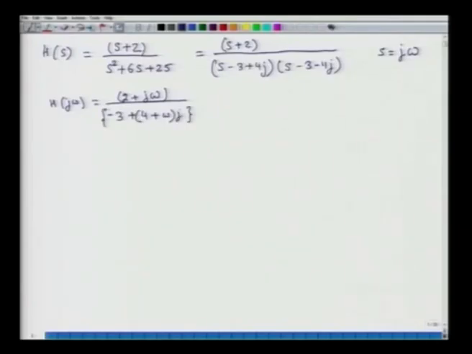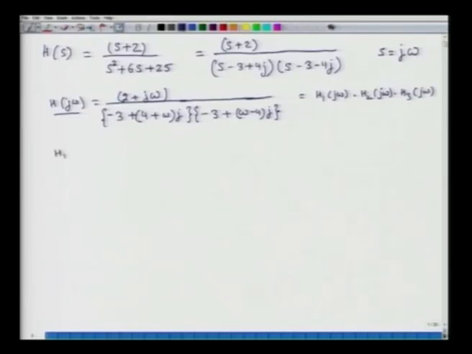This is one linear factor of the denominator and the other linear factor is minus 3 plus omega minus 4 j. So, this transfer function is essentially a product of three individual transfer functions, H1 of j omega times H2 of j omega times H3 of j omega,